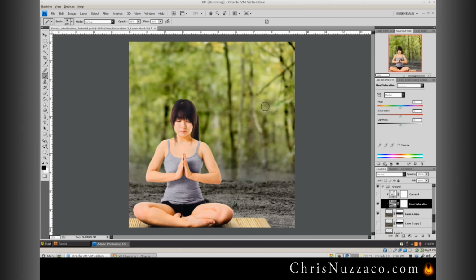Now, it's important to understand that when you're in a green forest environment, the light that is in that forest will be bouncing off of the leaves, and it will affect the color of everything else in there, like her skin tone, the mat, the ground. And in fact, if you ever have watched the Lord of the Rings special edition, the really big box DVDs, they have behind the scenes footage, like hours of it. There's a really cool thing that they did with one of their miniature sets. They printed out big forest photos like this, and they actually surrounded a black obsidian looking tower model,